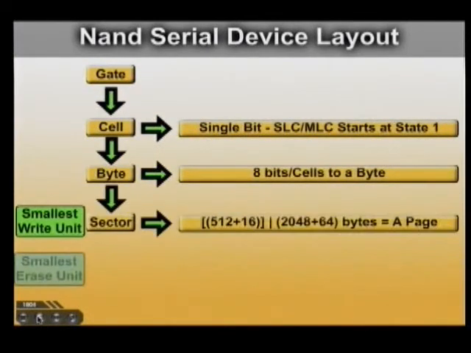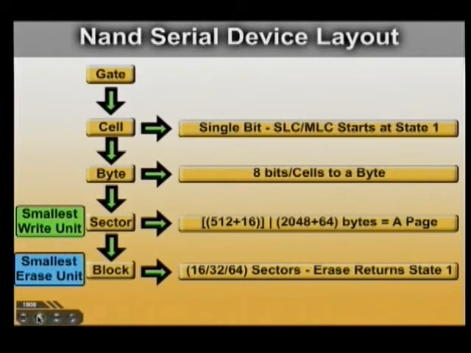Let's talk about what actually the layout is and what you're actually looking at as far as content goes. So basically, I've broken this down from the smallest so that you can actually see what we're dealing with here. Our smallest writable unit is a sector. Now, a sector on a hard drive is 512 bytes. On a solid-state drive, not the case anymore. So in this particular situation, I only put a 2K sector. But now it's 2K, 4K, and 8K, and possibly 16K in the future. So whatever that size is, that's the smallest writable unit. So basically, the device has to collect enough data, or that content, to fill up a sector.